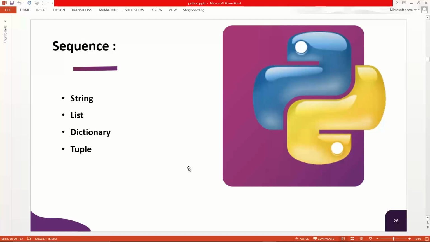Sets are used where we don't require any duplicacy. It will remove all the duplicate values and store each value only once. That is a set. Now I will tell you the utilization of each. String is utilized for all sorts of strings that we use, like names, sentences, words, characters. Everything is considered, and we can use it.